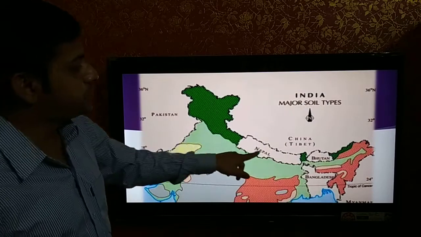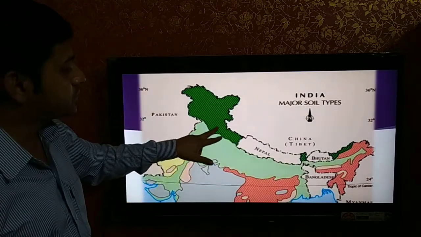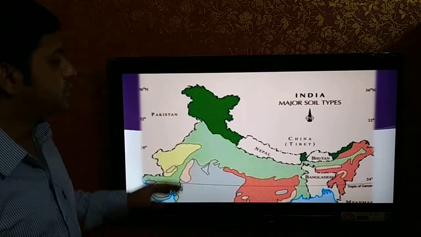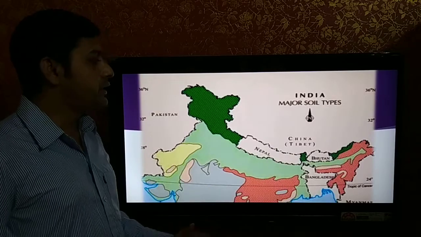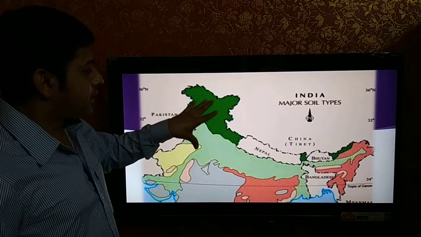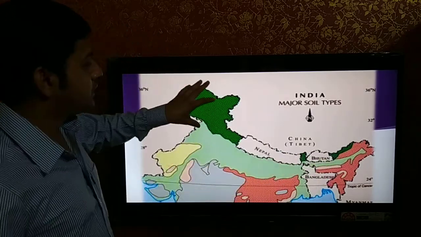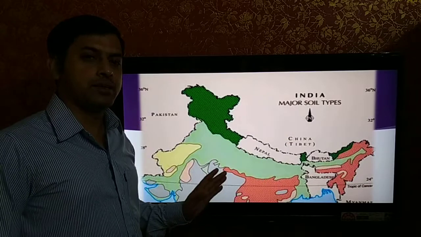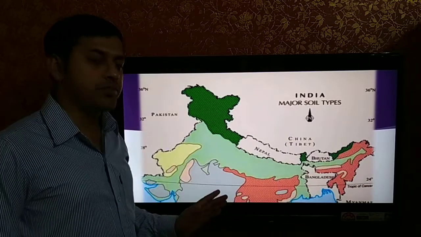Think now it is visible to you where the mountain soils are mainly found in India. So when it is asked to point out the mountain soil, if you cannot mark the entire zone, just one part also you can mark. But these are the states where it is found.